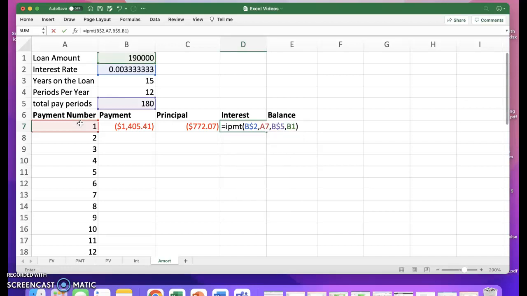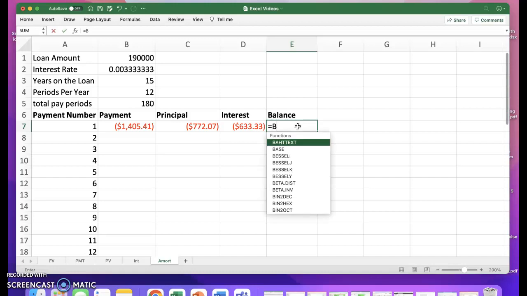And you might say, Becky, that's the exact same thing we typed into C. And I know it is. But now we have the interest payment, not the principal payment. Okay, to find our balance, well, the balance is found by taking our loan amount, B1, and we're going to add to it